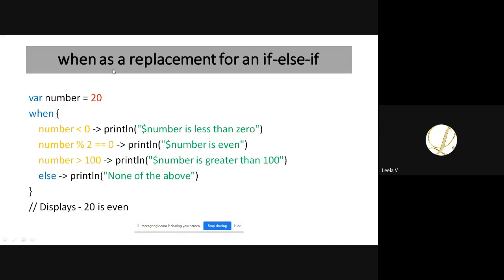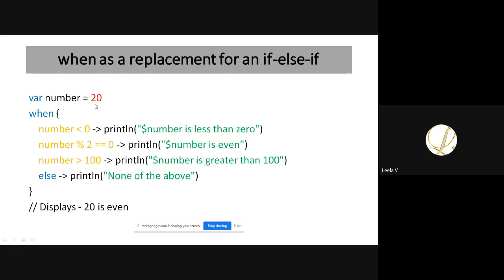And here we can use when as a replacement for if else. With the help of the if concept, we can have a number of conditions we can execute. So this can be replaced by your when statement. When we are not passing any argument to when, then these branch statements will be executed. These branch statements will be Boolean expressions, and they will be evaluated, and whichever is true, that block of statements will be executed.